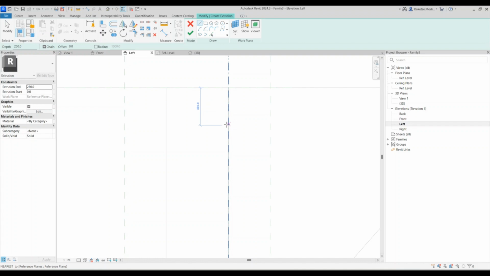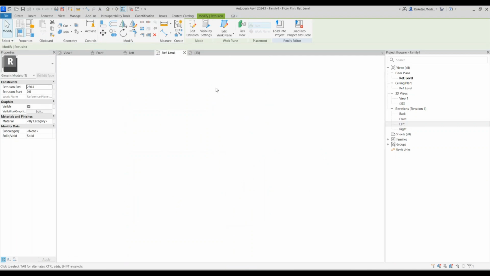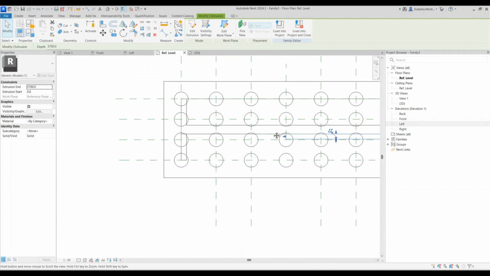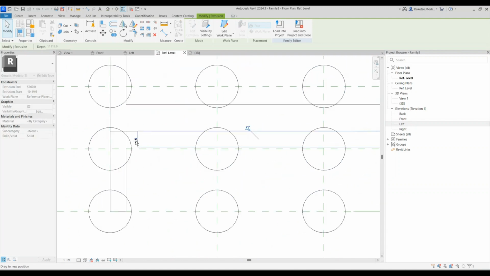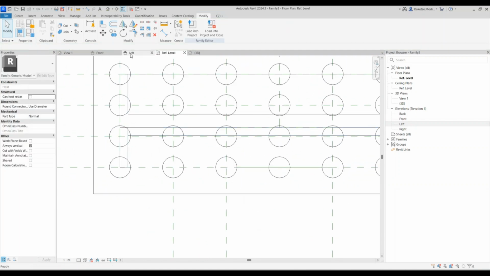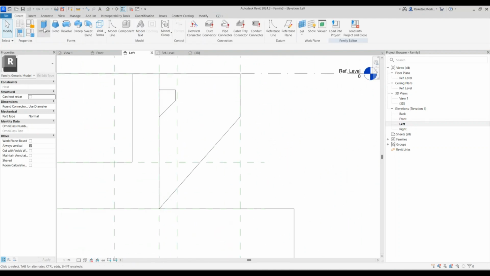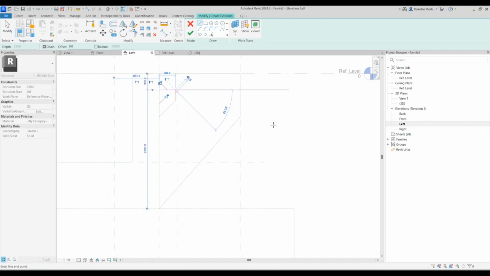We're gonna place a cobble, offset this by 300, take it to the left by another 300, down by 200, and then diagonally place it like that, and say finish edit mode, go to the reference level, drag this towards this end, lock it, and then drag this towards that end, and then lock it, and then go back to the left elevation. We're gonna say create and say extrusion, and then place your approach slab at 20 degrees,